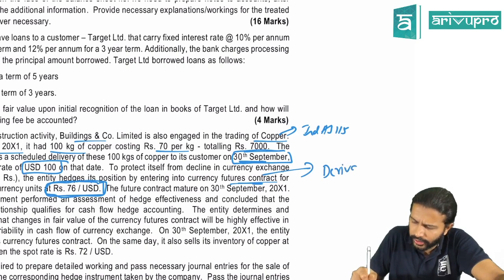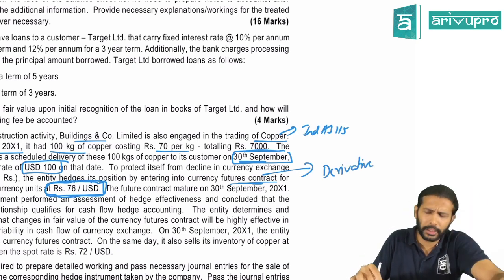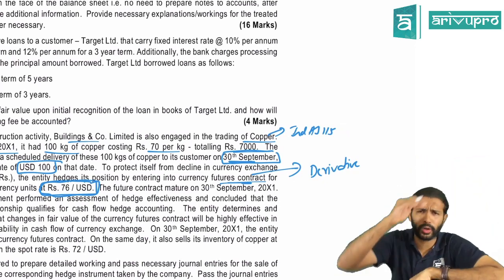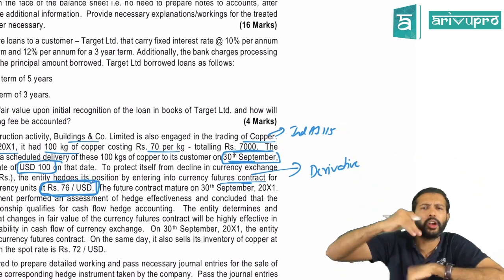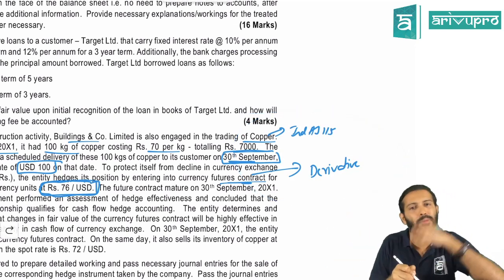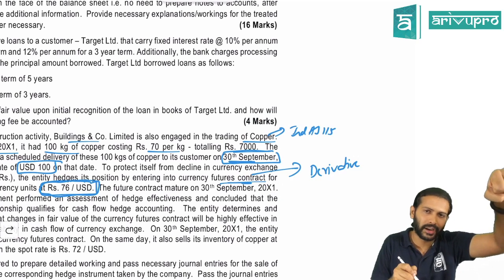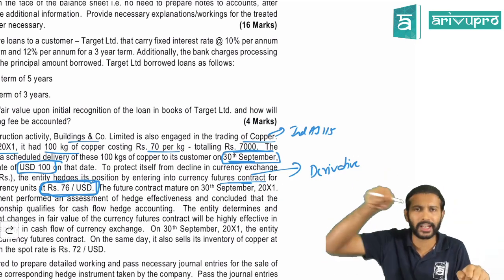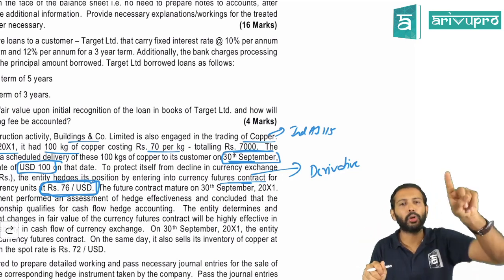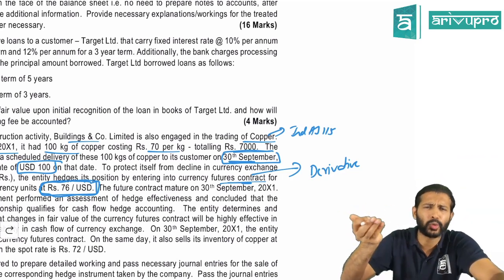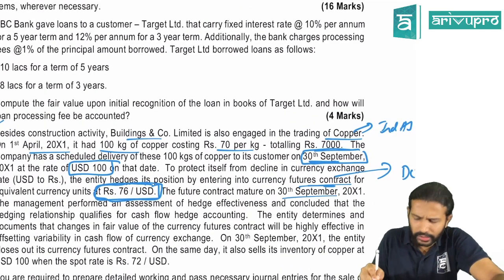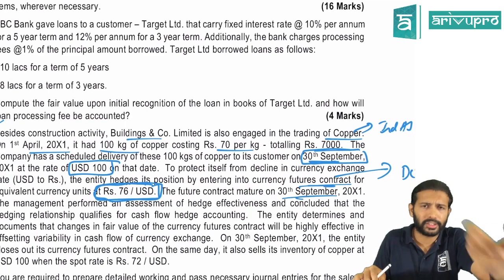Yes. So on derivative, you have to apply the Ind AS 109 principle. If it is a normal derivative contract, if you had done FVTPL accounting, any fair value gain or loss you would have booked to P&L. But this is a hedging related derivative. So both the hedged item's gain or loss and the hedging instrument's, that is the derivative's, gain or loss, you will not transfer to P&L. You will book it in the cash flow hedge reserve. So the next question is to find out that fair value gain or loss. The future contract will mature on 30th September. That is the date on which your sale also will happen.